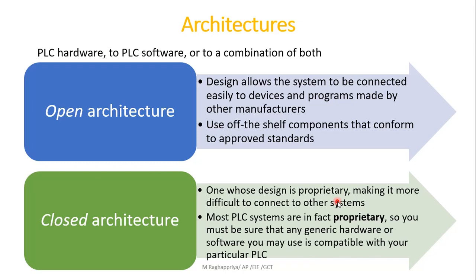we are trying to connect these two systems in a particular application. Now the communication between these two devices becomes difficult. That type of case is called closed architecture, because to program Siemens they have their own programming language, and to program ABB they have their own programming language. To communicate these two we need a moderator kind of thing, right? So there should be a generic hardware or software that is compatible with a particular PLC. That should be available if we are dealing with closed architecture.